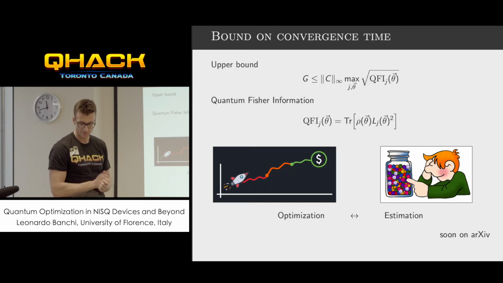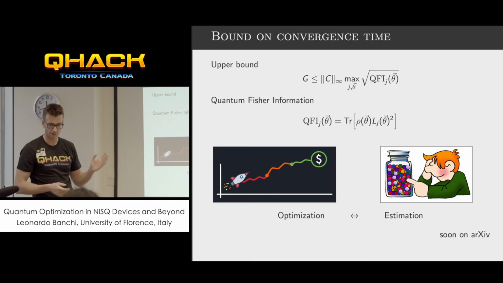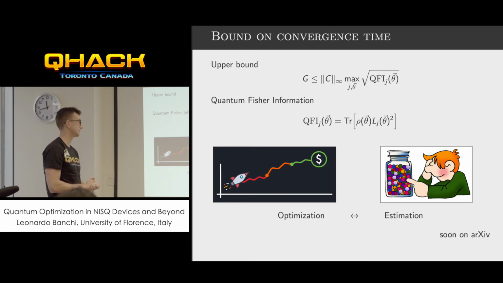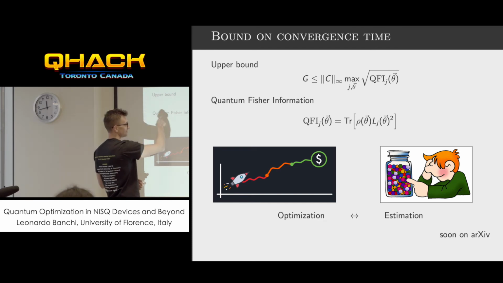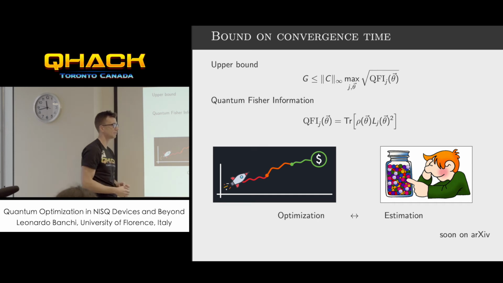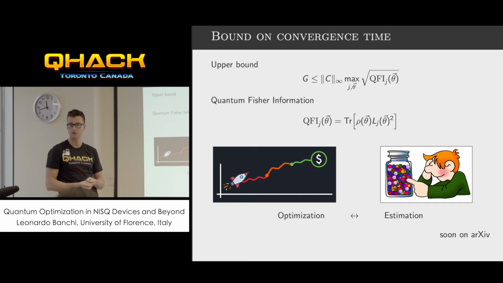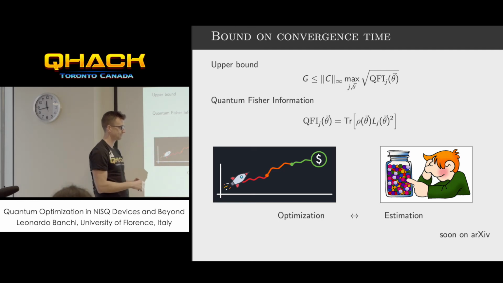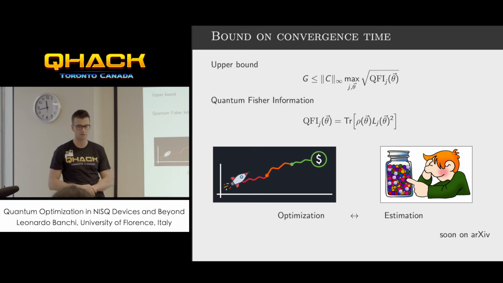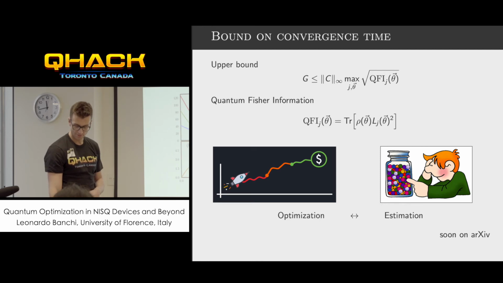Something that we found very recently, and that will maybe appear on the arXiv very soon, by the end of the week, is that you can also find a bound on this quantity, which depends on a quantity used in quantum estimation theory, the quantum Fisher information. This links two different aspects: the part about optimization and the part about estimation. Even though I think it's still an open question how to efficiently measure gradients in the noisy regime,